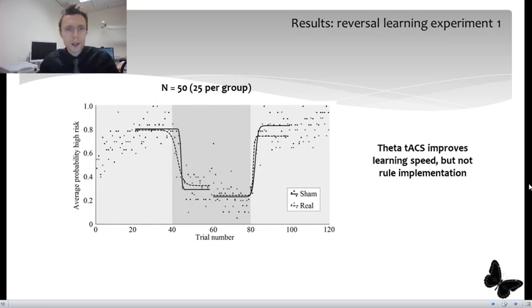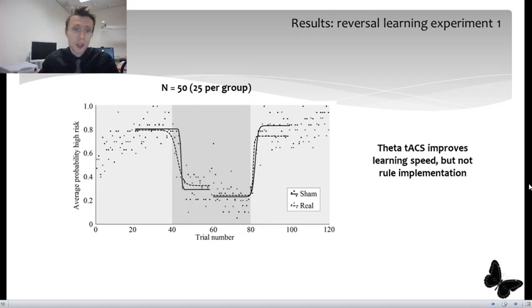So what did we find? We tested a total of 50 participants, which is 25 per group, because we had one active group and one sham group in which people didn't receive any stimulation. The dots represent basically the average risk-taking participants took. And as you can see, over time in the first 20 trials, people learned that the high-risk option is the